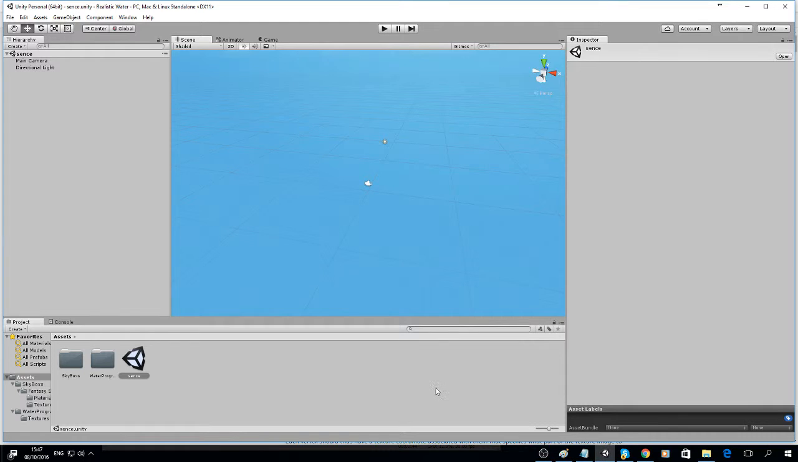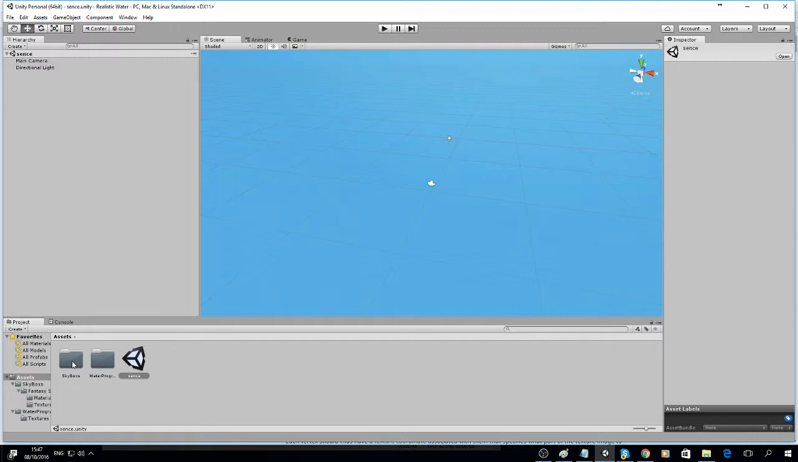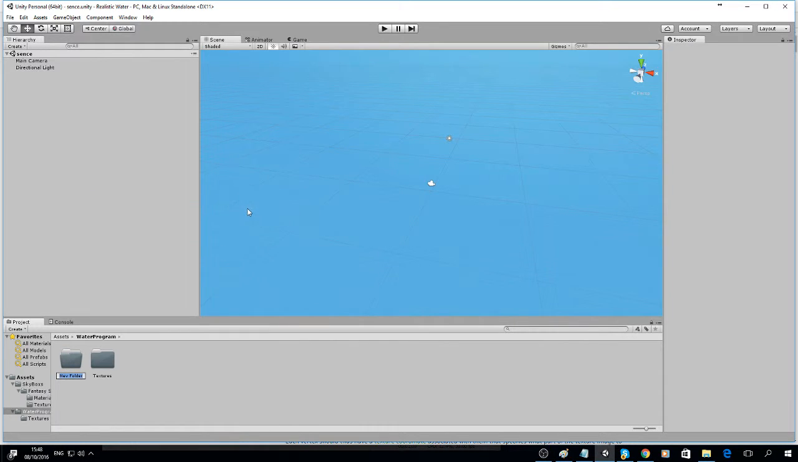So now let's start with the Unity program. All I have here is a Skybox that I downloaded from the Unity Asset Store. It's free and you can download any skyboxes that you want. And in my water program, I have a texture that we will talk about in a later section. So now let's just open a normal C# script,